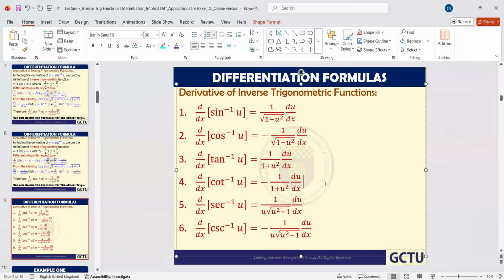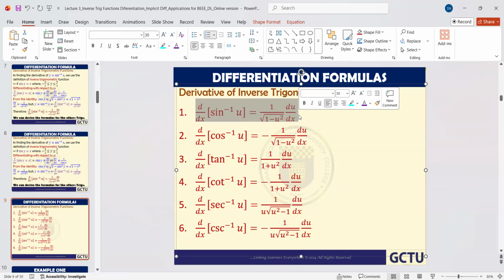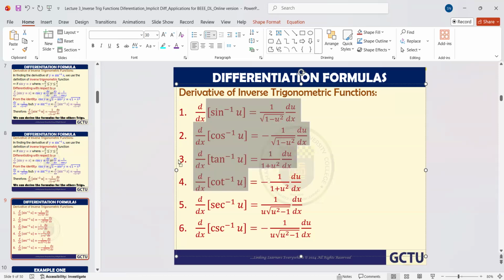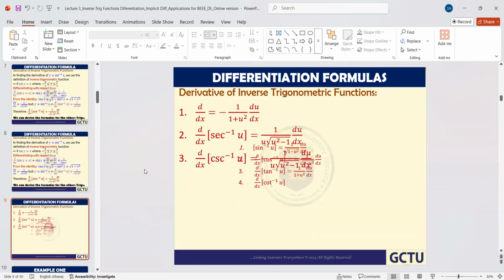Sometimes in certain textbooks and certain questions, when you are given the problem, they may give you a hint of the standard differentials of the trig functions, so that you just pick the standard differential and then use it. Okay, so what we are going to do in the next few minutes is to take examples of trig functions involving sine inverse, cos inverse, tan inverse, as many as we can. Okay, if you're able to do that,